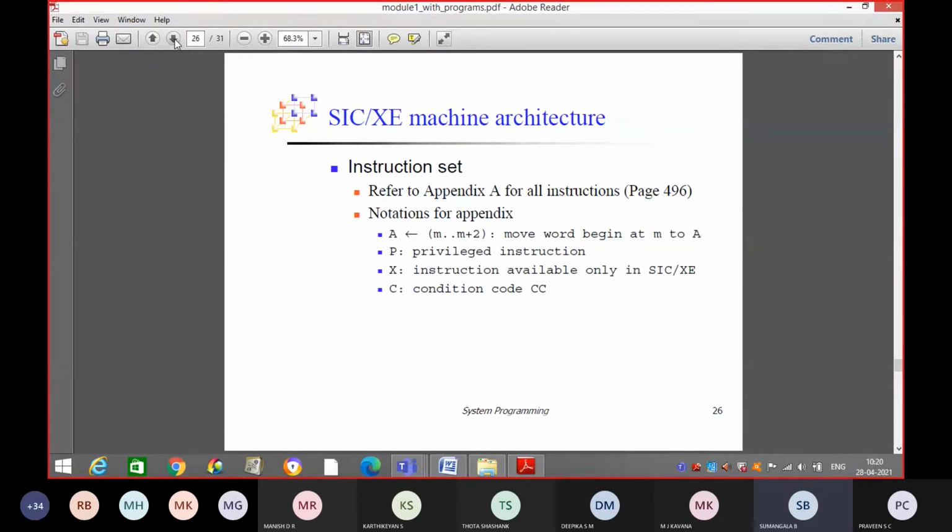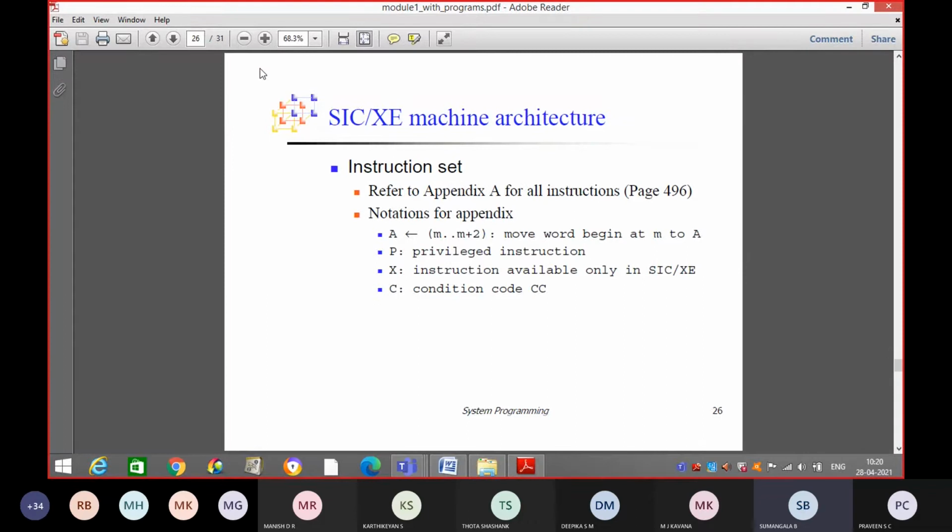It also supports more addressing modes. SIC supports only the direct addressing mode and the index addressing mode, but SIC/XE supports many addressing modes like indirect, index, immediate, program counter relative, and base relative addressing modes, along with direct by default.